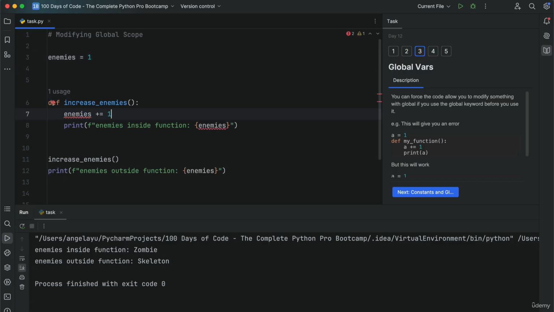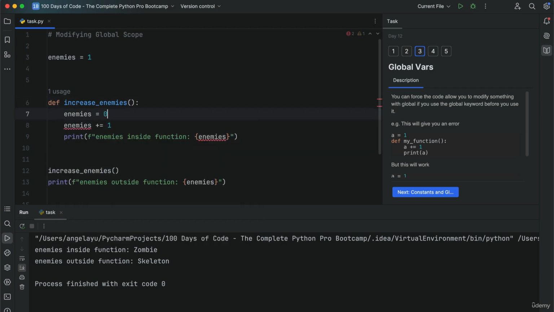And notice how as soon as I write plus equals 1, my editor starts going crazy and tells me that this local variable enemies is defined in an enclosing scope, is referenced before assignment. What does that mean? It means that the editor thinks you're trying to tap into a local variable that you defined somewhere around here. And then you tried to modify it by adding 1 to the previous value, but you